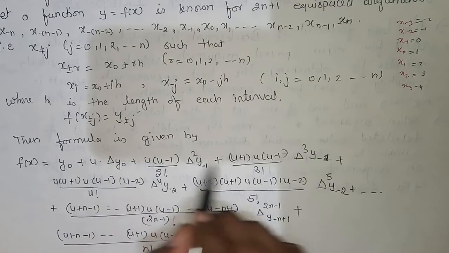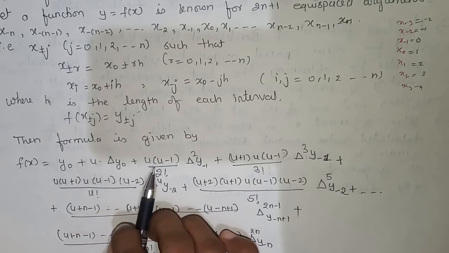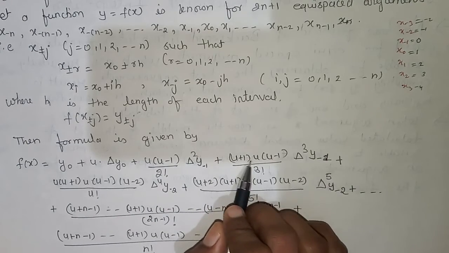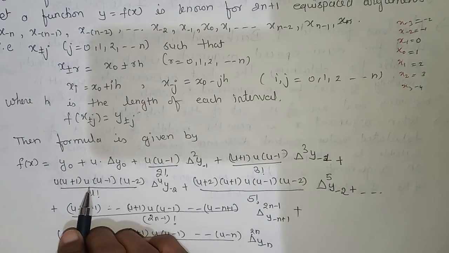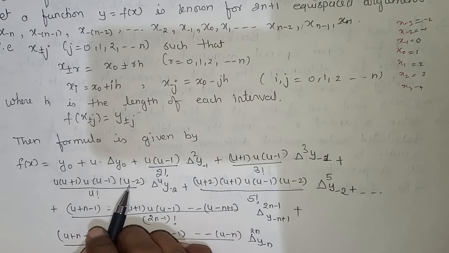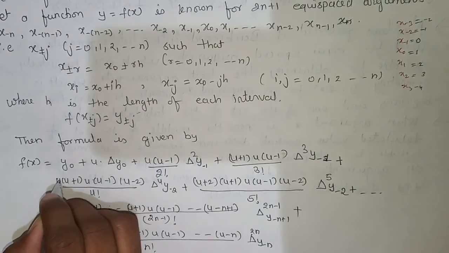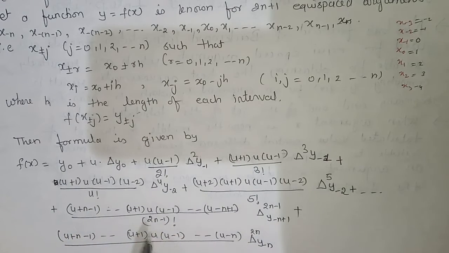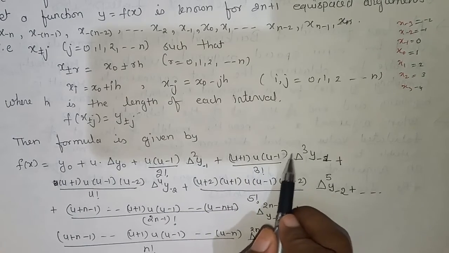So what is the relation between these factors? You see here the first value is u, then u into u minus 1. Next time we add 1, so u into u minus 1 and then u plus 1. Again u into u plus 1 into u minus 1. These are the values which we already have. Now we are giving one more value, which is u minus 2. So u into u plus 1, u minus 1, u minus 2. One time we add a value this way, and next time we add a value the other way.